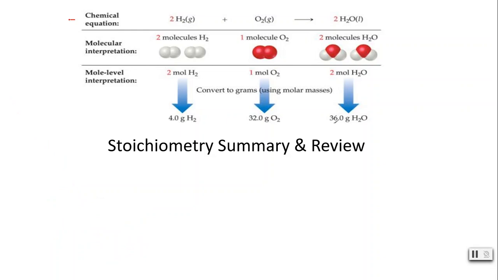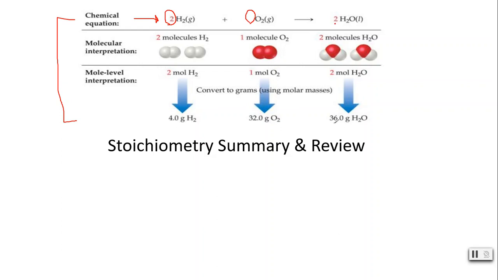So this little diagram that I have up here is just to summarize two important points about stoichiometry. Stoichiometry is just a fancy word chemists use to say something about amount of product and reactant in a balanced chemical equation. So if I have a balanced chemical equation like this one I have up front, I have hydrogen gas reacting with oxygen gas to give you liquid water. In a balanced chemical equation, those coefficients, those numbers out front,